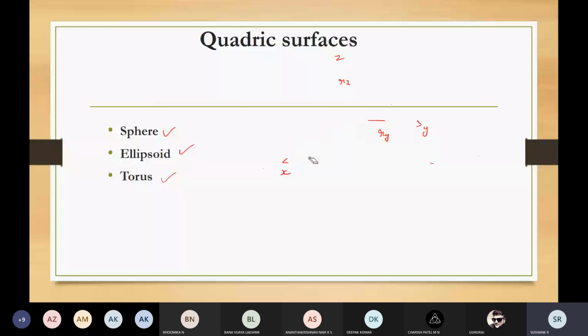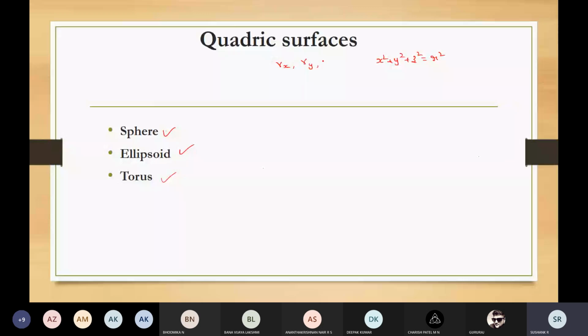So ellipsoid means it will be having radii, one along each of the axes, and they are perpendicular to each other, and they can have different values. So this is with respect to the ellipsoid. How do you represent an ellipsoid? For a sphere, I told you that x square plus y square plus z square is equal to r square. So ellipsoid is an extension of sphere. It is having along the x-axis radius rx, along the y-axis radius ry, along the z-axis radius rz.